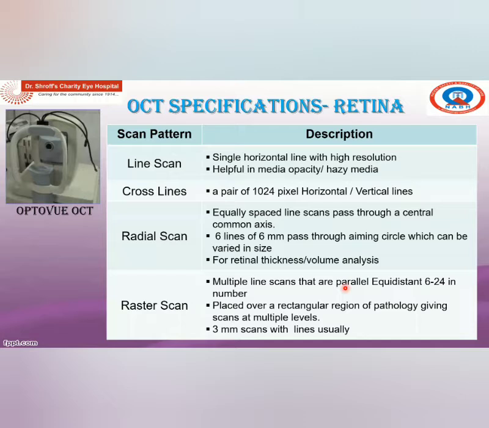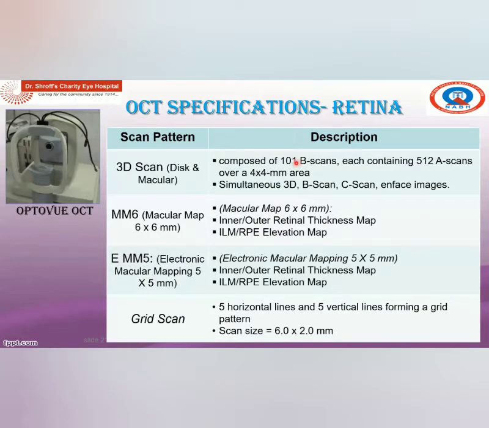The next scan on the same machine is the 3D scan. I don't have the video of this scan because presently we are not using this machine. Otherwise, it is a beautiful video showing anterior to posterior dimension and vertical up to down of the retinal pathology. A fovea is seen as a depression, retinal thinning is seen as a depressed portion, and edema is seen as an elevation. In that video it is clearly seen.